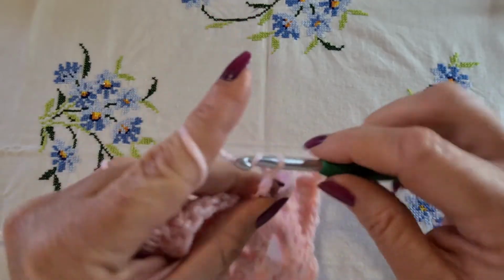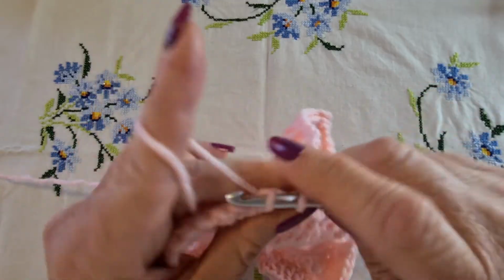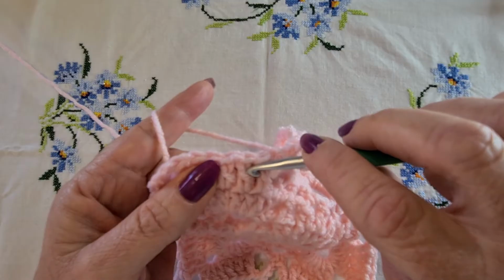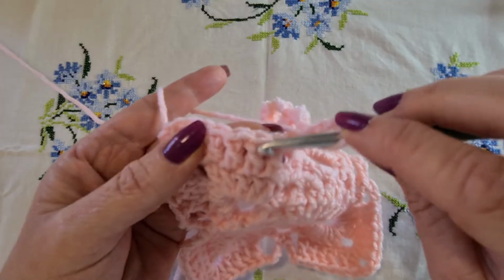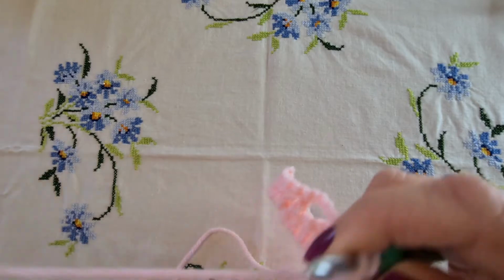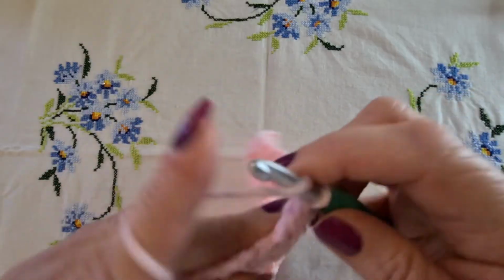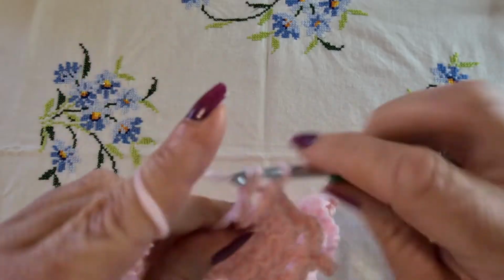We're going to chain 4 again and single crochet into this chain 4 loop, and we're going to chain 4 again, skip these 2 stitches and double crochet into, so we're skipping 1, 2 and double crocheting into the next 4. 2, 3 and 4, and then popping in our corner, 2 double crochet,